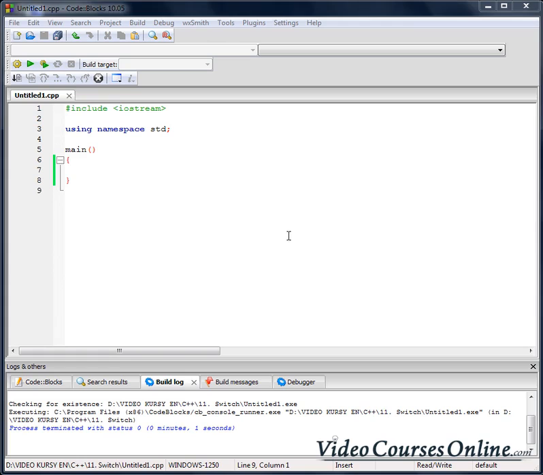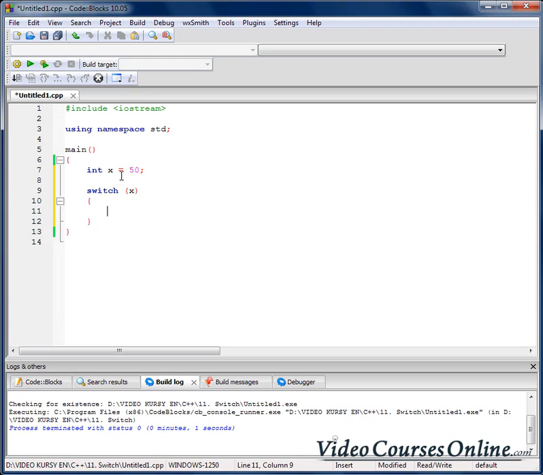So, let's create a variable, let's name it x, and let's assign the value 50 to that variable, and now let's create a conditional statement, switch, which looks like that. Switch, then parentheses, and inside the parentheses we can place the variable whose value will be switched between cases that we will soon create. So let's type here x, and now